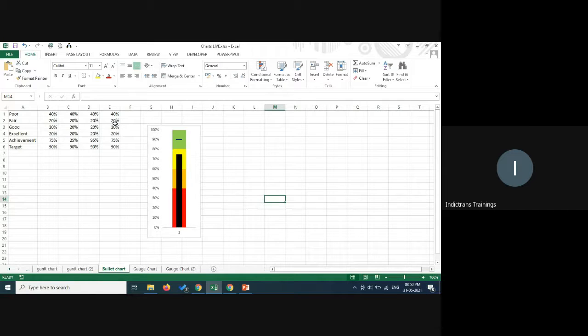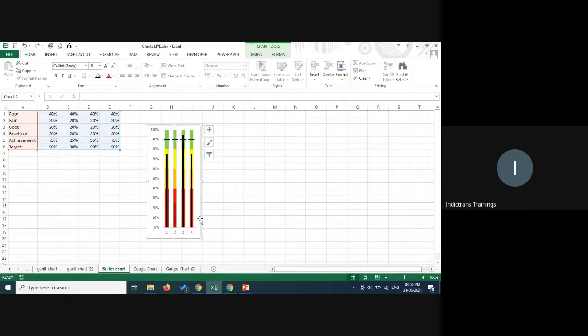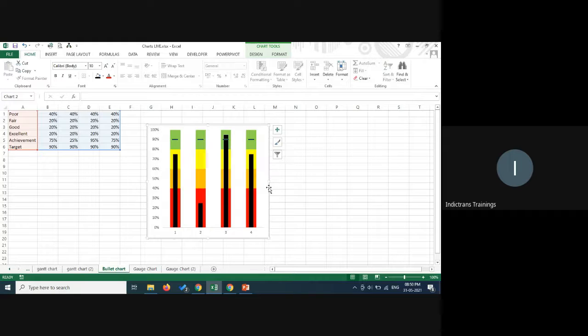Now, how do we make it for all? That is where you have an interesting part. I just select the chart. It shows for this thing, and then it shows a blue line for T20. I just take this blue line, drag it, and I get this chart. Now obviously I have to give the series, 1, 2, 3, 4, so I should have titles there. But this is how I could get it.